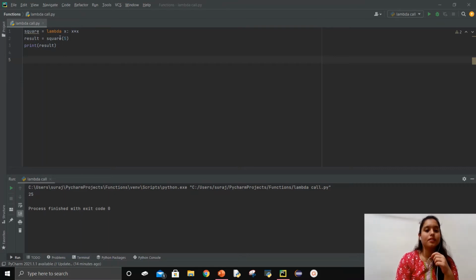Now square with the value 5 has been assigned to another variable called result. Then we print this result. When we assign 5 to x, we get 5 into 5, which is 25. So the output here is 25.